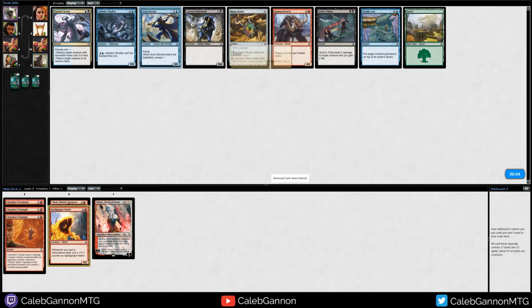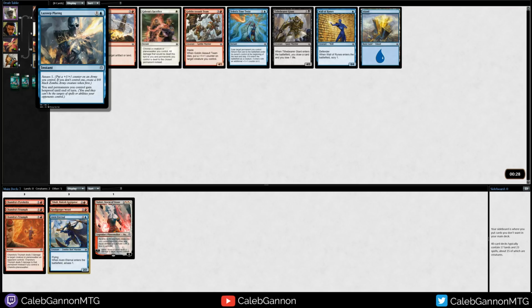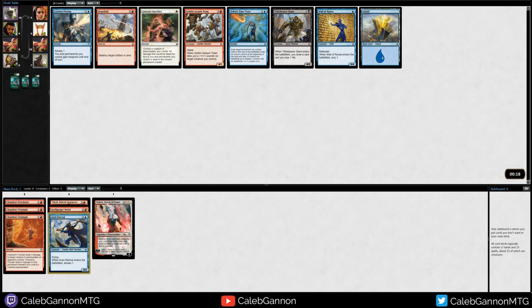I think I'm going to take Aven Eternal. I'm not a big fan of Raging Crunch. I guess it can block alone, but I think this is a good signal that blue is also open. I don't know how to evaluate this card. It gives you hexproof and permanents you control. That card's pretty good if you're trying to burn them out, which we kind of...